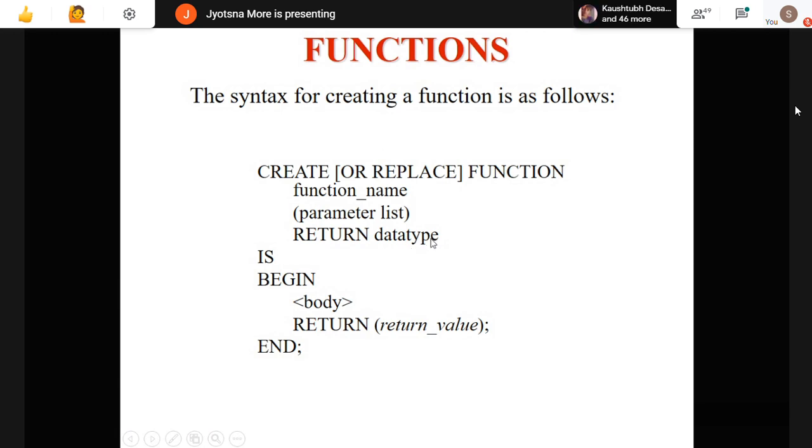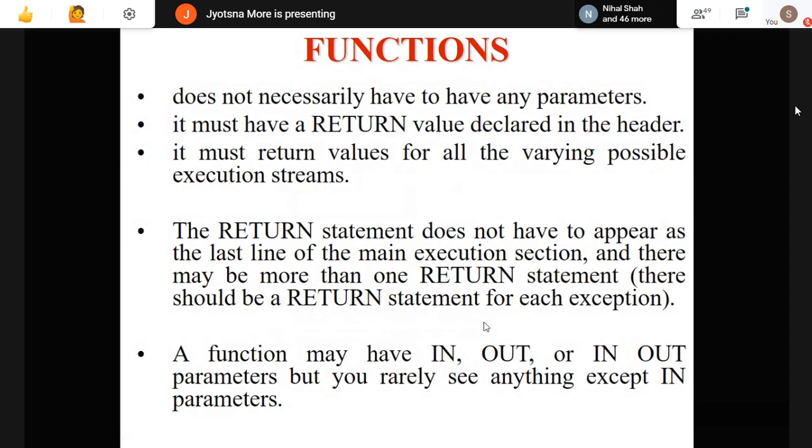Then is or as, begin, body, and return value. So the compulsory parts are: create function name, parameter list if any, return data type, is or as, begin, the body, and the return keyword with the return value. We will see it with an example, don't worry.